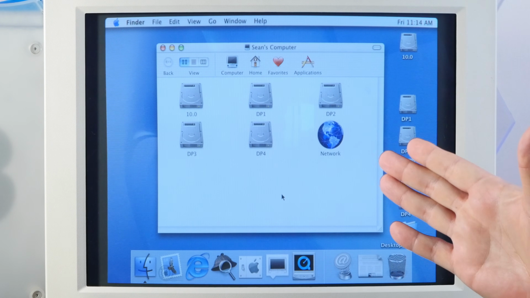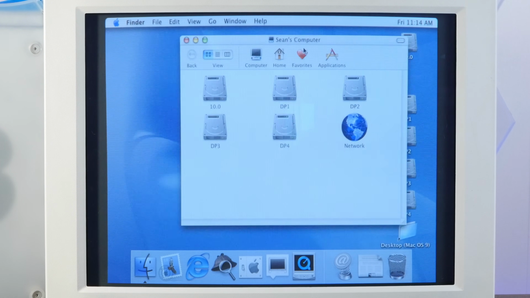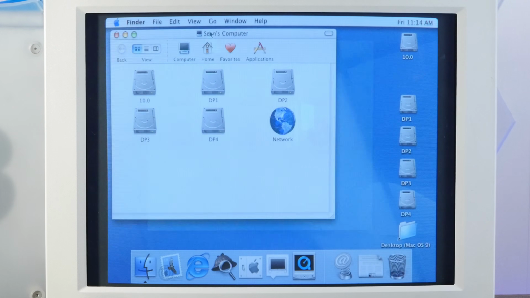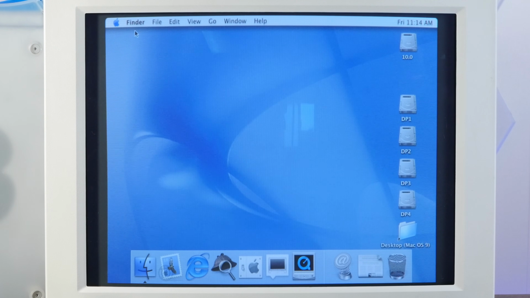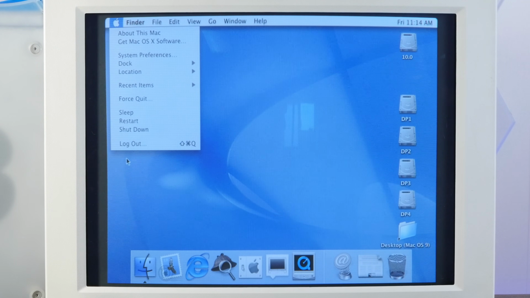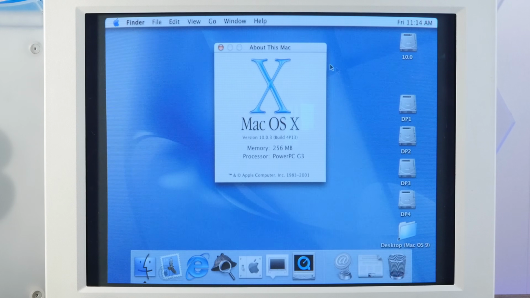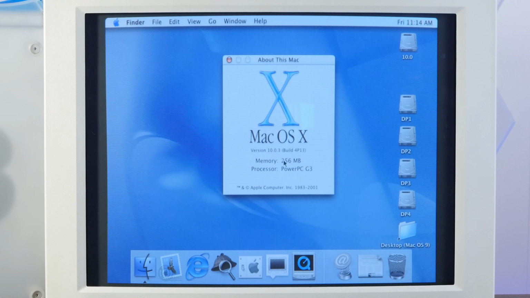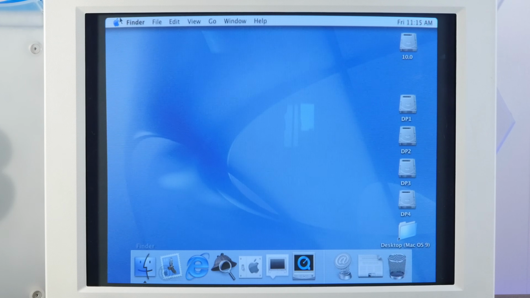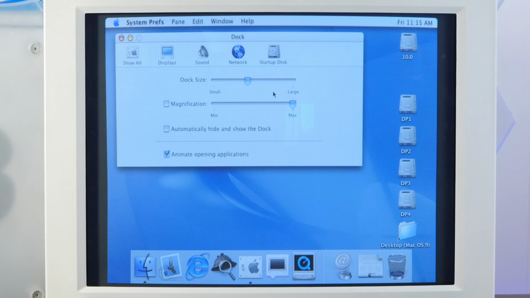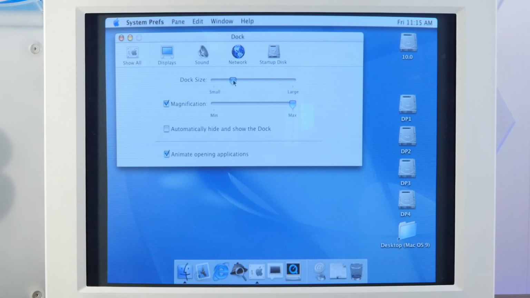And we won't dwell too long in here, but let's just take a quick look at how the interface is set up. And oh, that's pretty silky smooth. So we have the Apple logo in the corner, as you would expect, with the shutdown and logout options here. About this Mac shows Mac OS X version 10.0.3. Nice dock down here,